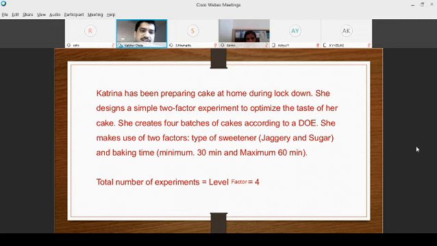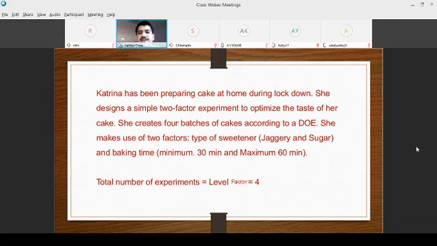Now, I have just taken one name. You can take your own name. During lockdown, you might have prepared many of the items. Many people have learned many recipes during this. So, I have just taken preparation of the cake. This preparation of the cake can be done by varying 2 factors. There are n number of factors. Just to make you understand, at this point of time, I have taken 2 factors,